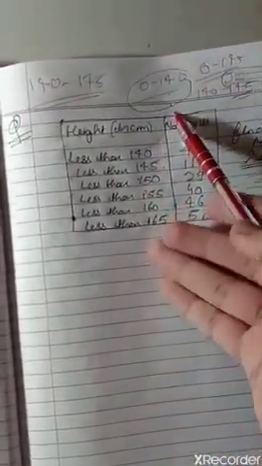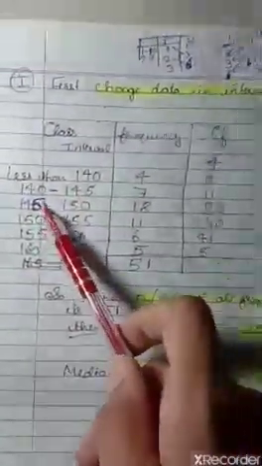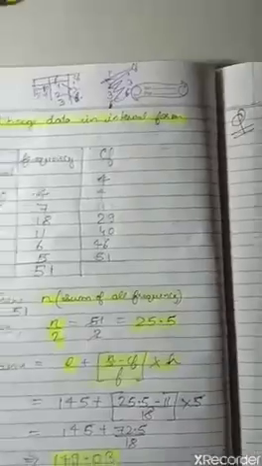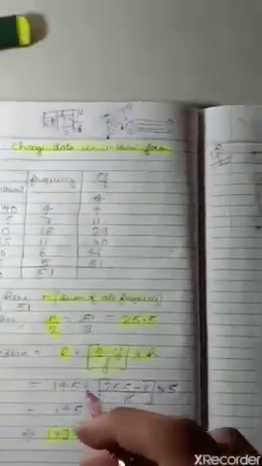How to do that? Less than 140 means 0 to 140. We have written the same, less than 140, nothing matters; you may also write it as 0 to 140. Remember that here the number of girls is given as the cumulative frequency, not the normal frequency. Here we will take it as the cumulative frequency, CF.